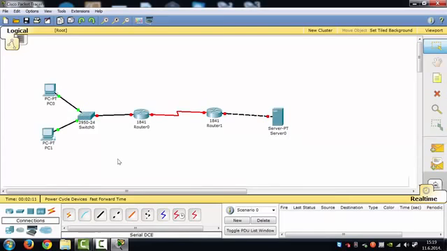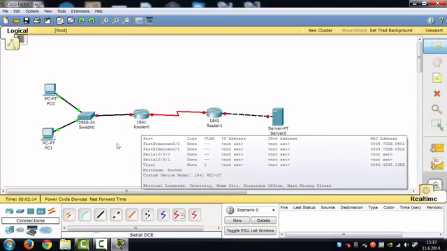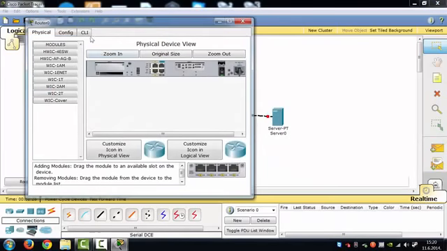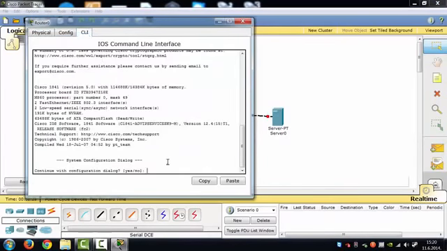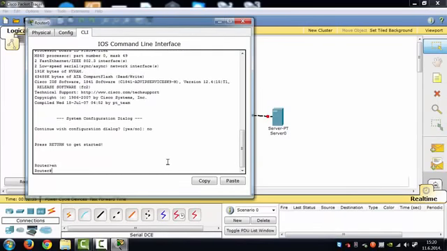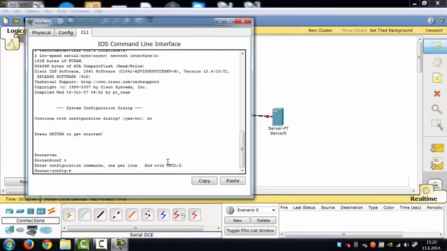Now we have to configure our routers, and after configuration we must see green dots right here. First configuration is configuration of router 0. Press on it, go to CLI card, type no, enter, type en, and we must go to configuration mode. That's command conf t. After we type this command, router is in config mode. Now we should type int fa 0/0